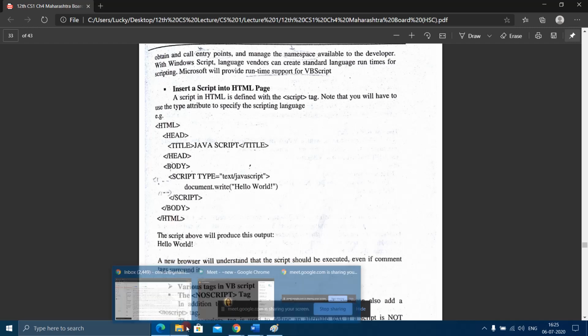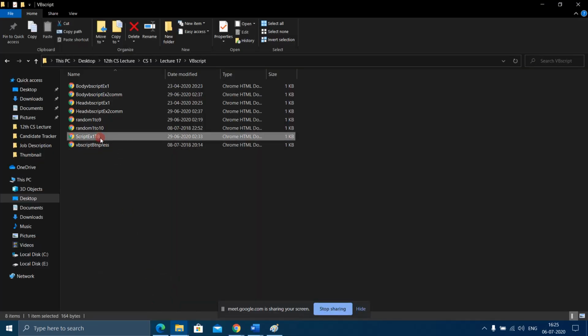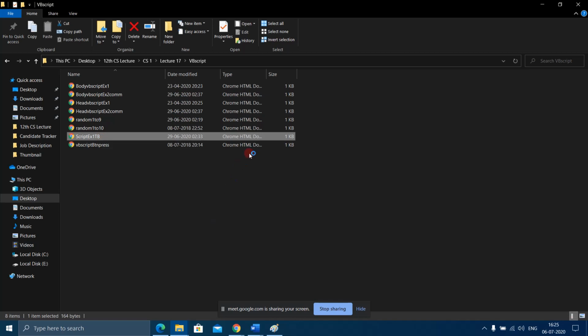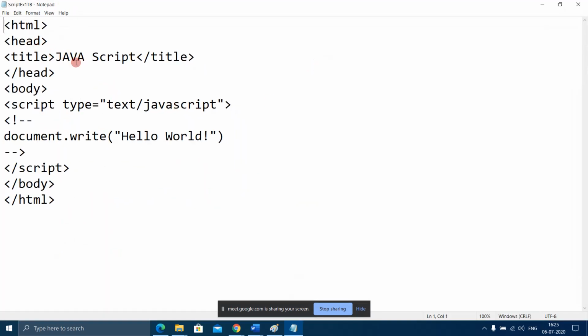So I will show you this notepad. See, same code I have written here. Within the body tag I have used script tag, but as you can see I have used comment tags also here. Within the script tag, before writing the contents within the script tag, I have used comment tags.